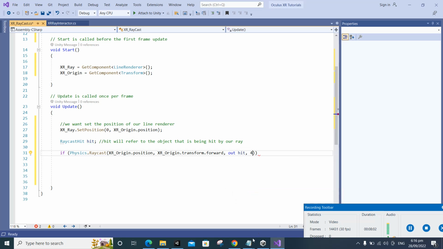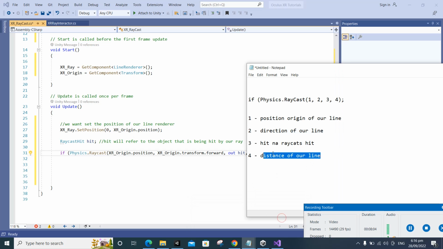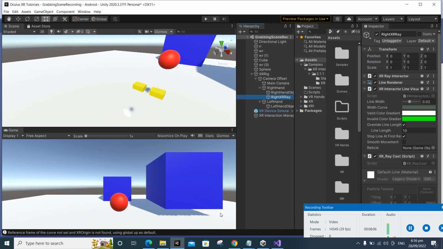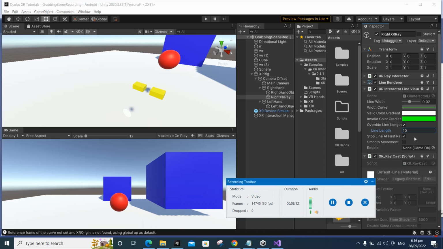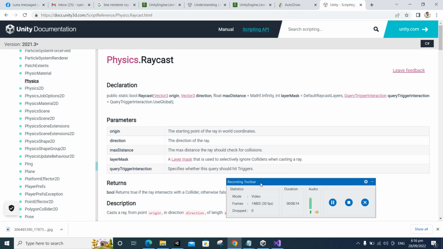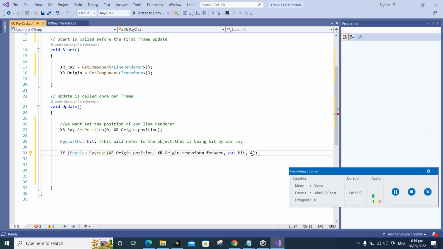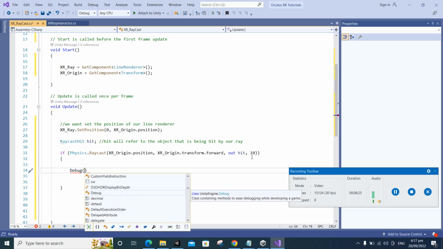Now parameter 4 is the distance of our line. So if you remember, di ba dito po, yan o, meron tayong line length sa interactor line visual. So dapat parehas lang po yan. So gagawin kong 10. Yan. So given that, ito lang po lalagay nyo. Okay, try po natin to. Debug, and then,